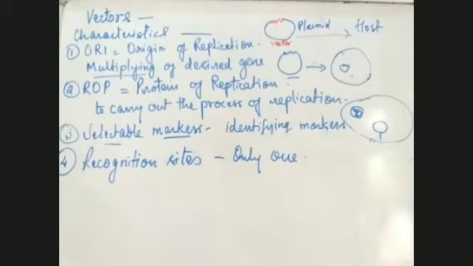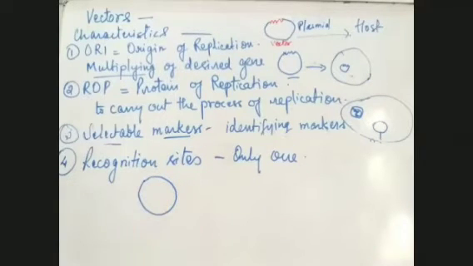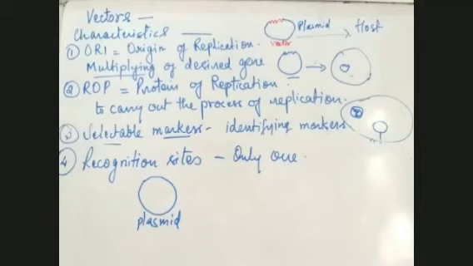Okay, I'll tell you. See, this is a plasmid, and we want to introduce our desired gene into this plasmid, because we want this as our vector to carry our gene. This is the desired gene which we want to insert into this plasmid. So how are we going to insert this into the plasmid?